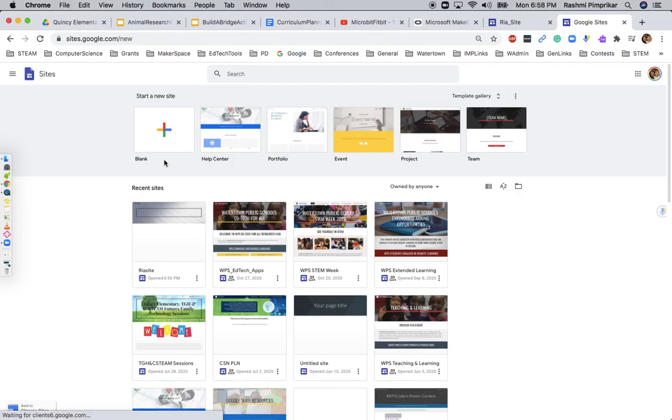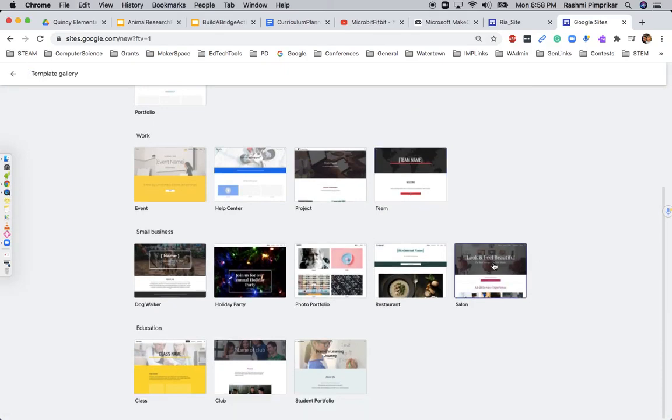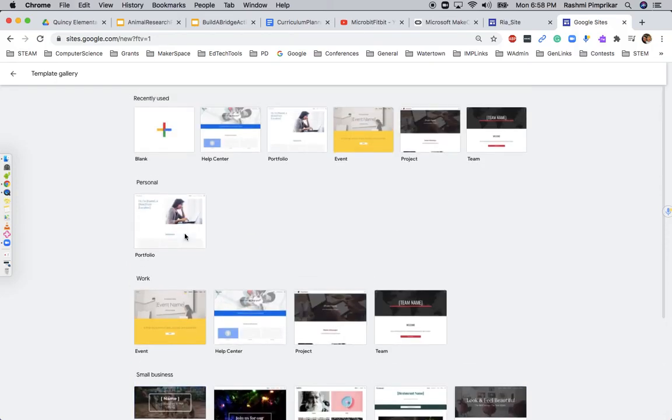Now this has this plus sign which says blank and it says start a new site. You can use any of these templates, and you can go through the template gallery like this and see, do I want a template which looks like this, or a template that looks like this? You can make a decision on that, but I am going to choose a very basic template right from here. So I'm going to click on blank,